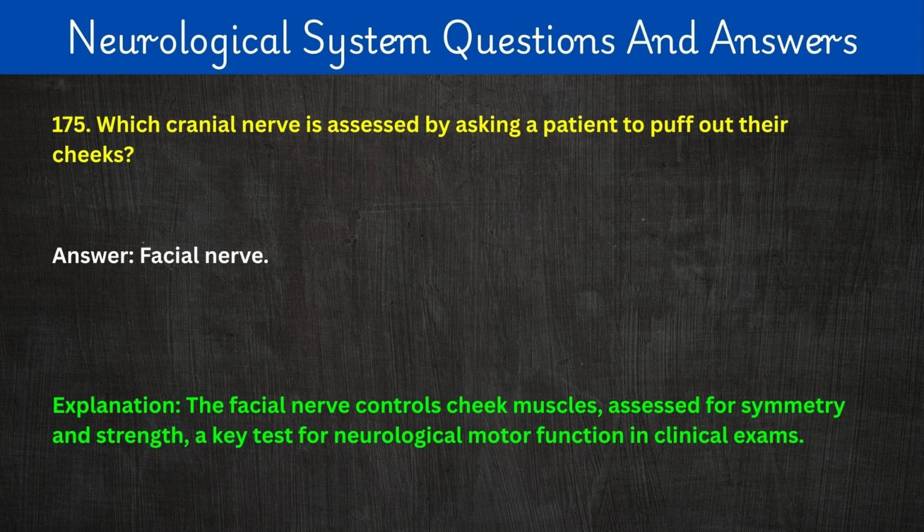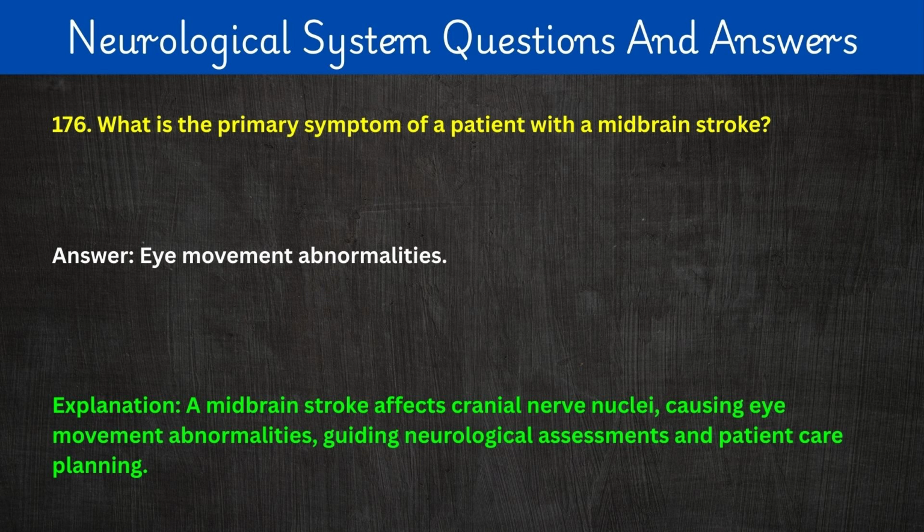Explanation: the facial nerve controls cheek muscles, assessed for symmetry and strength, a key test for neurological motor function in clinical exams. 176. What is the primary symptom of a patient with a midbrain stroke? Answer: eye movement abnormalities. Explanation: a midbrain stroke affects cranial nerve nuclei, causing eye movement abnormalities, guiding neurological assessments and